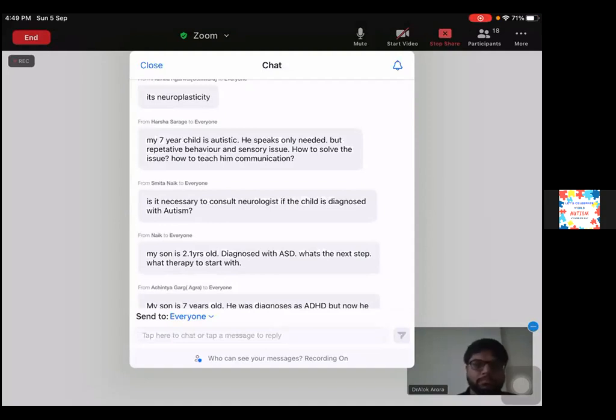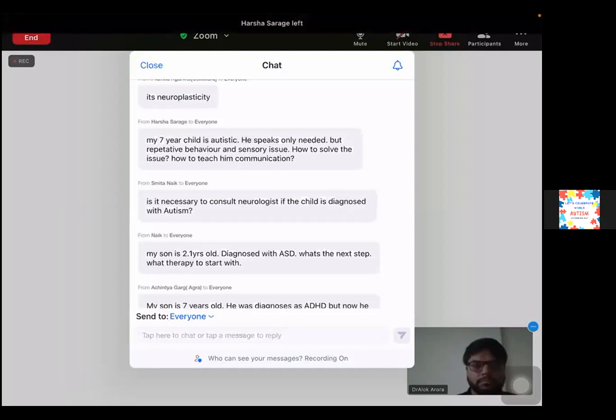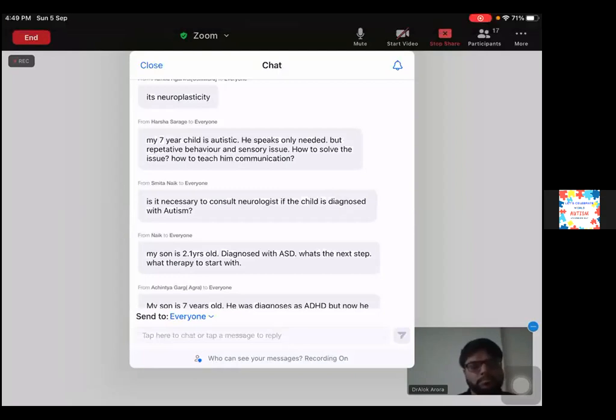So as I said, that diagnosis is not important in autism. If you feel that your child is having features of autism spectrum, as I mentioned previously, therapy is important. You need to get your child assessed by a pediatrician, by a child psychologist, and therapy needs to be started immediately. What therapy to start with depends on a case-to-case basis, based on your child, based on what domains are affected, what are his strengths, what are the family strengths. So based on that, an individualized plan is made for your child, and accordingly therapy is formulated and delivered.